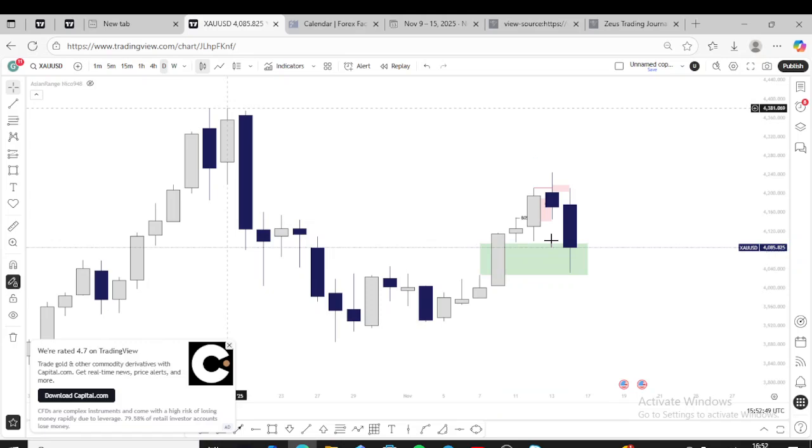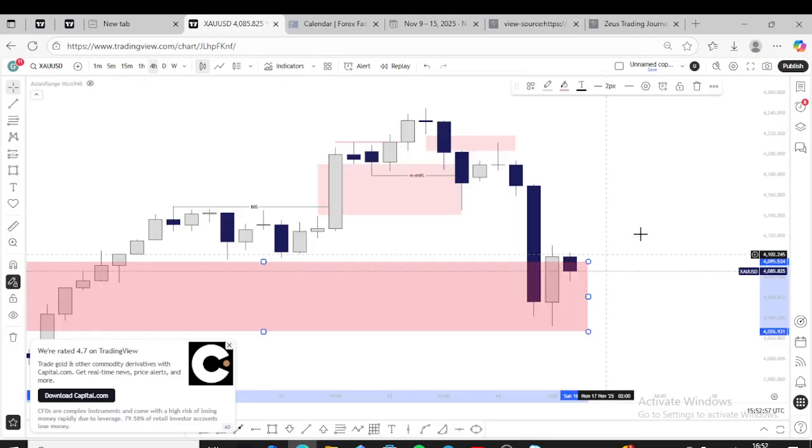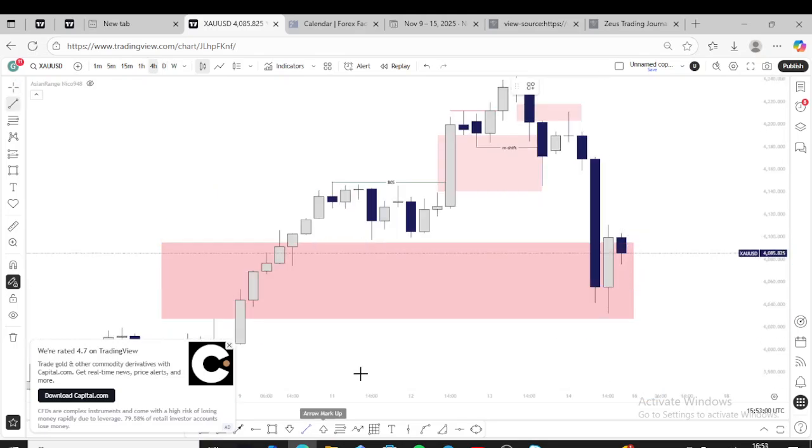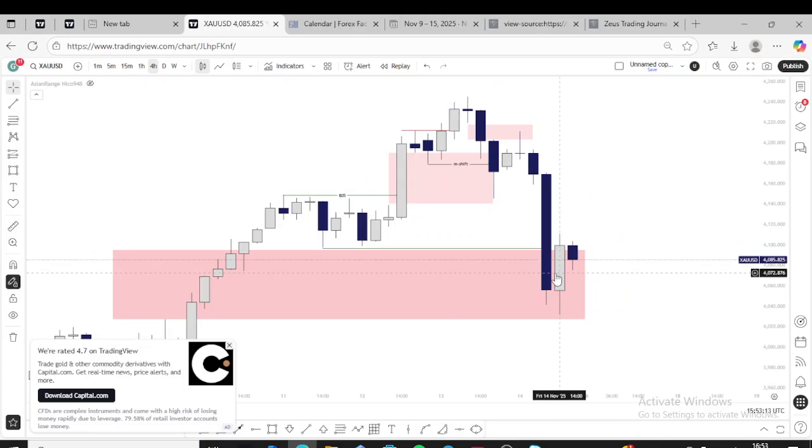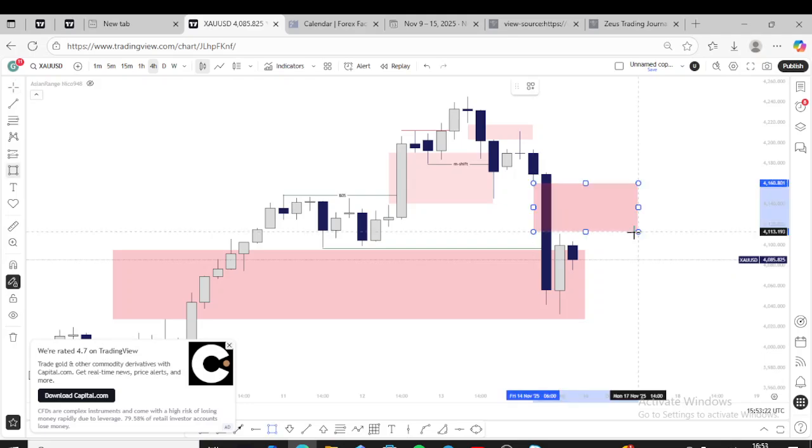And then on 4 hours we said we might see the market take out this low, and that is actually what happened. The market took out that low, swept it, and we saw that on Friday the market was reacting at this point, and I can see that we have a fair value gap right here. So what actually did work, what I came to notice, what I'm going to be taking down as a note, that okay,